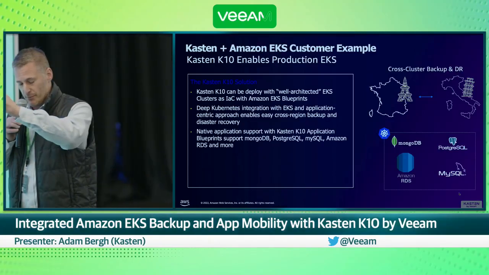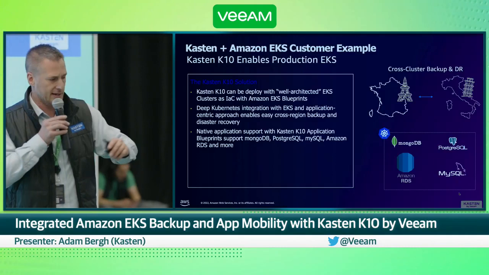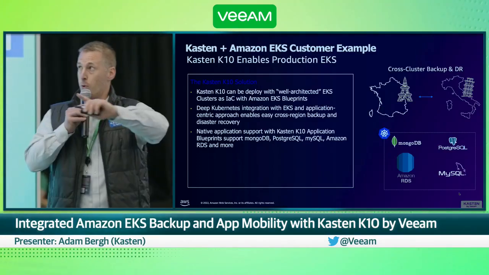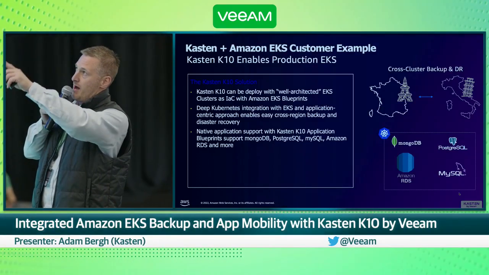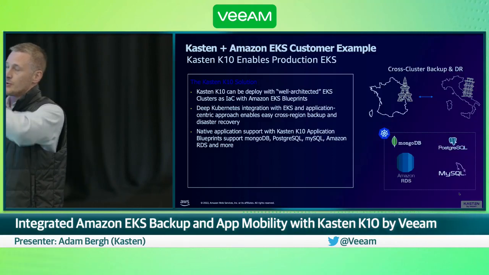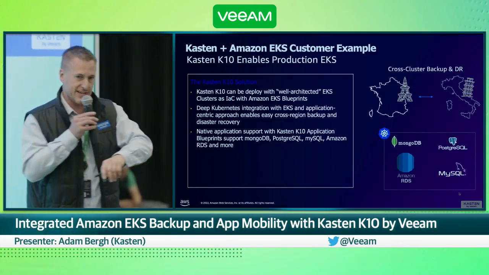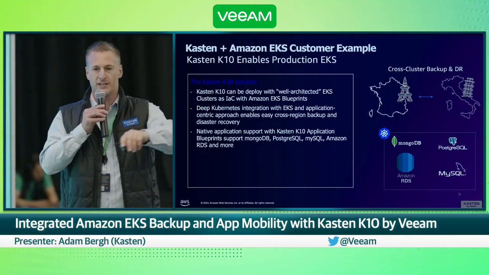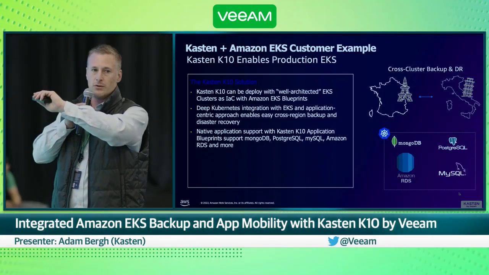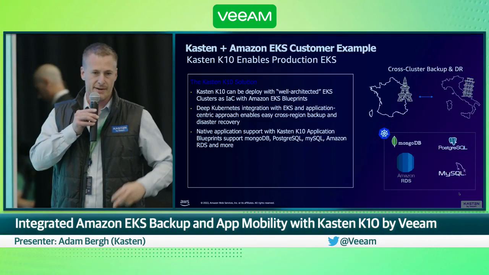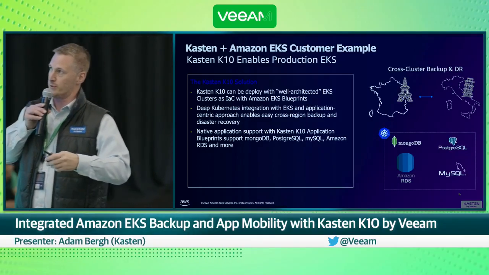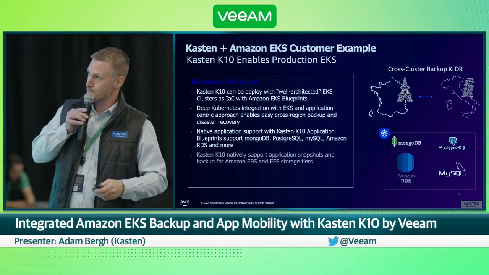They needed that support. Remember, they had those complex databases. Right out of the box, Kasten is supporting all of the databases that they had in use, Mongo, Postgres, MySQL, and also Amazon RDS with what we call our integrated blueprint technology. We've got pre-validated blueprints for these applications that will hook directly into those apps to make sure that they're quiesced and consistent when we protect them inside of Kubernetes.